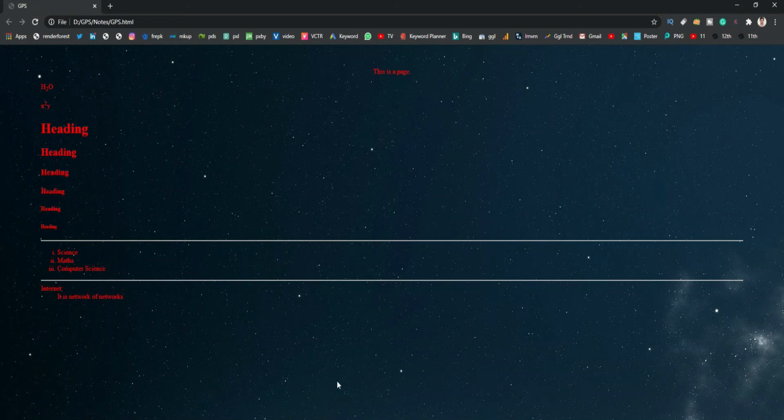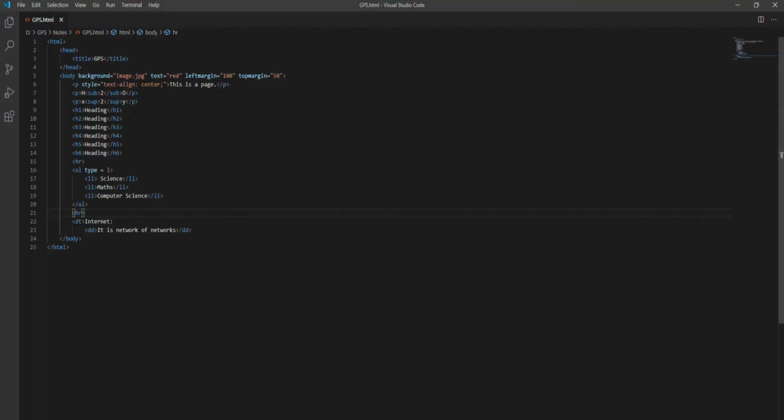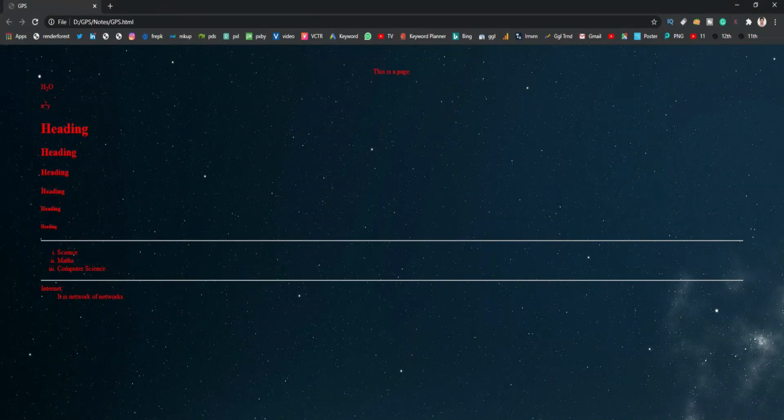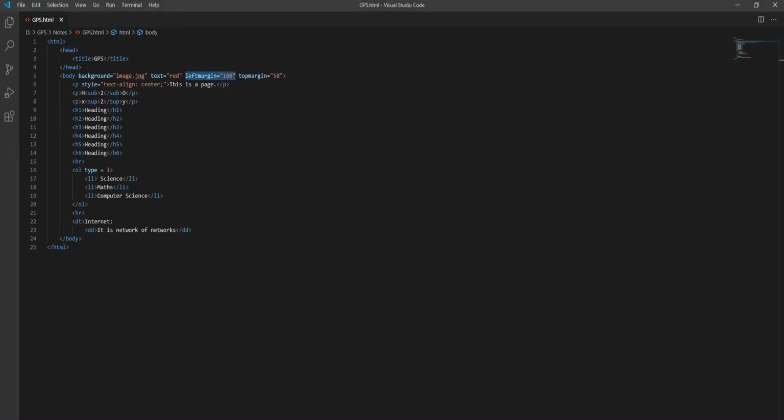The reason behind it is that there is a margin we have written on the page, right, in the body description. It means that everything which is showing in this page will be covered with a margin of 100 pixels from left and right both, right? So this is the HR tag which is used to insert a line anywhere you want to insert, right?